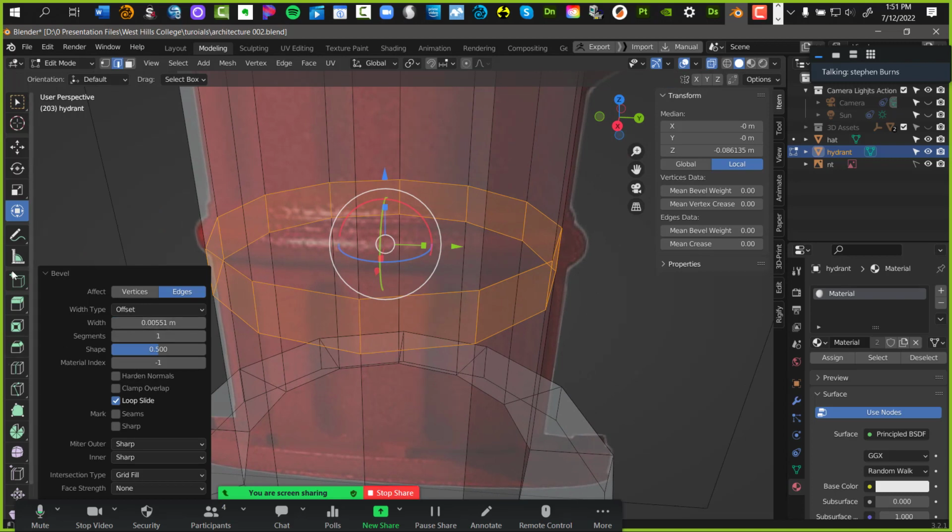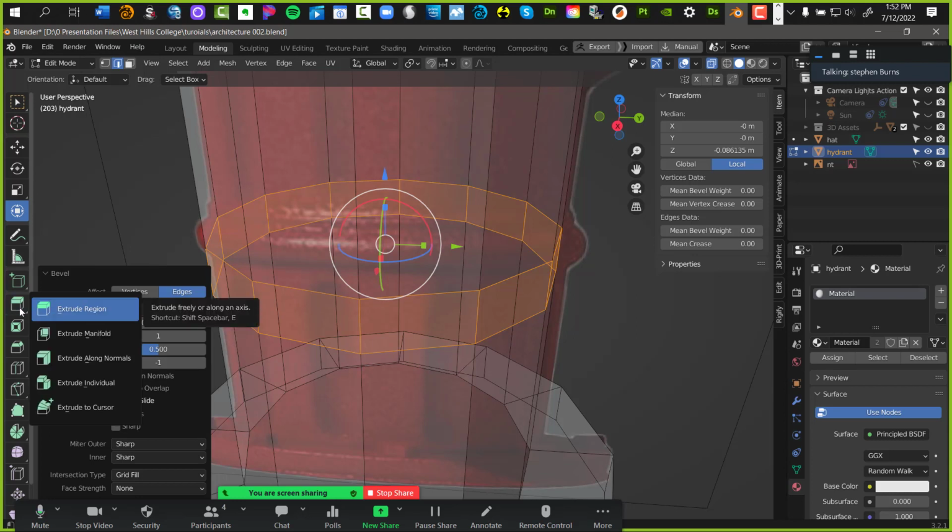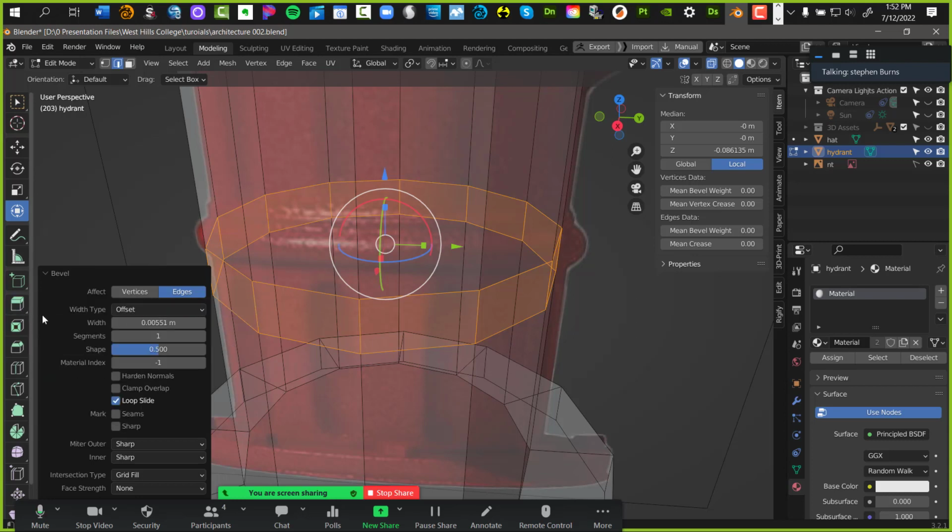So right over here on the left hand side, in your modeling platform, you see these little tools. Right below the transform, it's the fourth one down below the transform tool. If I click and hold on it, what I want is an option of extrude along the normals.